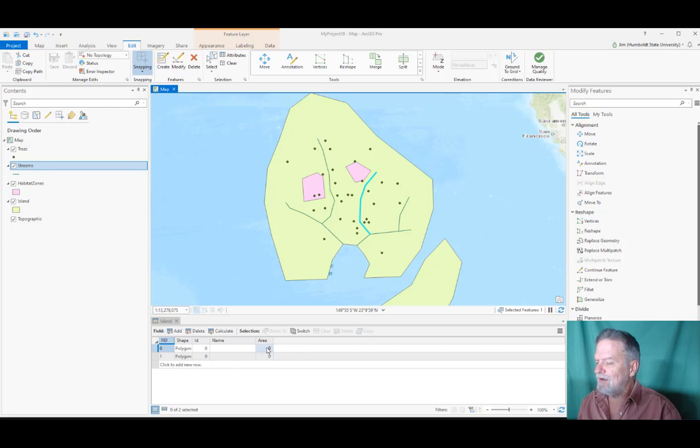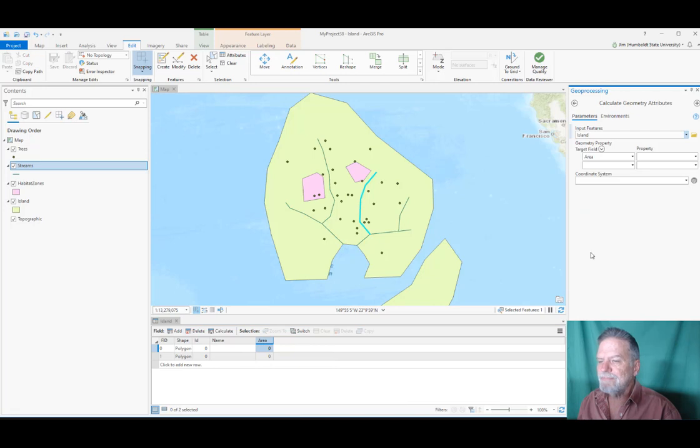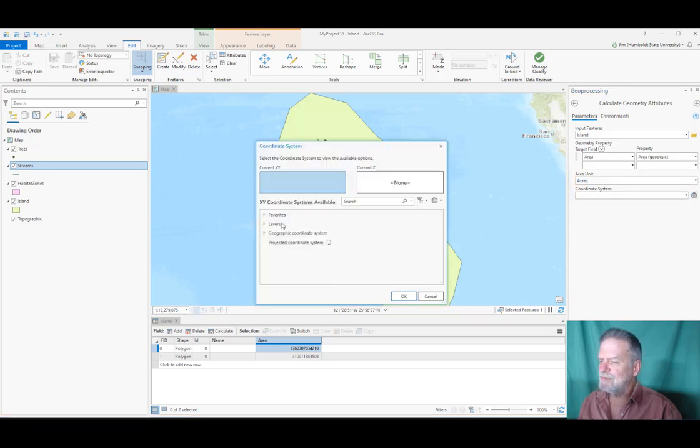Okay, so now we have our area. And now we can right click and do calculate geometry, and then go over here and pick area. Now you will get different options over here based on the type of data. So when I go ahead and run this on my islands, I will go ahead and get area. Now notice I didn't pick an area unit, and that was a bad thing. I should go ahead and pick an area unit, because otherwise, especially without having the coordinate system specified, which we really need to specify something there,